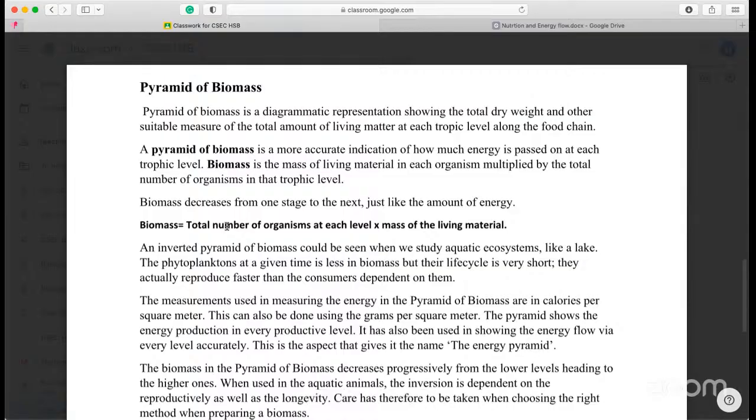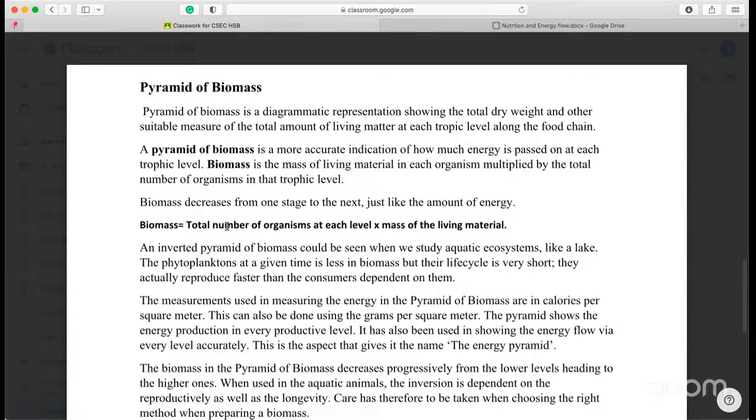So for example, if we have an insect that is weighing 10 grams and we have 2,000 of those, the biomass will be 2,000 grams. And we also take into consideration the location, so maybe per meter or whatever the case may be. This pyramid is more accurate in indicating how much energy is passed along the trophic level. We tend to use this one more when making general consensus about a particular place, but the others